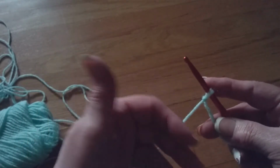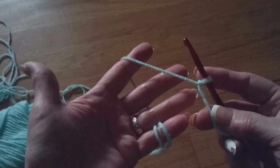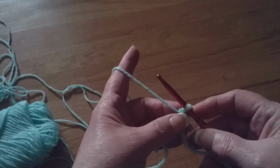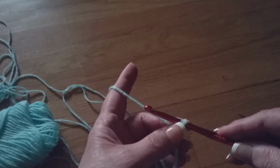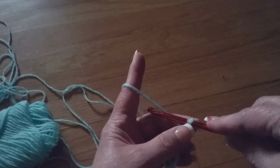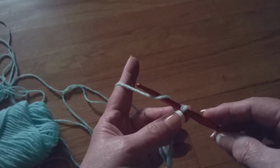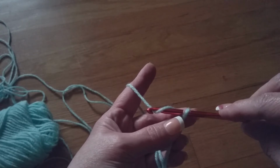So let's get started. I'm going to grab a hold of it like I do, around my little finger and on the back side of my hand. Grab a hold of the knot. Okay. Now on to the chain. I'll teach you how to do the chain. So you go down, around, and up. I always flip the crochet hook down. You see that? Flip it